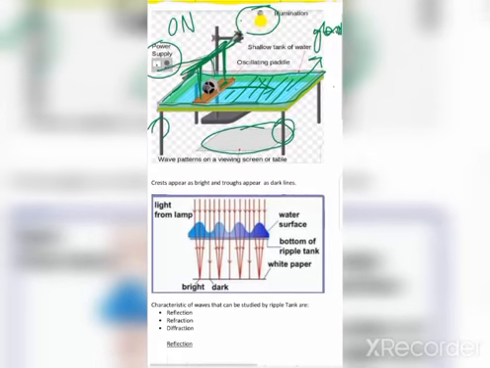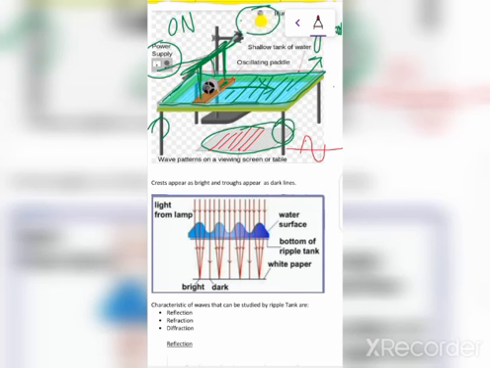First of all, you can see from the figure here that some bright and dark lines are on the screen. Why are they here? Because, as we know, water waves are transverse waves. They travel in the form of crests and troughs. The parts of the wave above the normal position are called crests, and the parts of the wave below the normal position are troughs. So water waves are transverse waves.